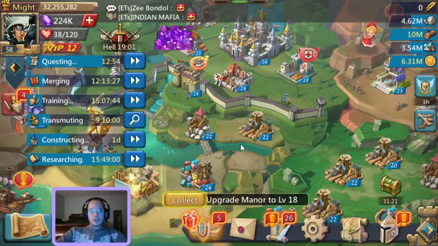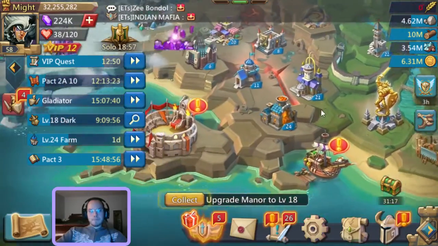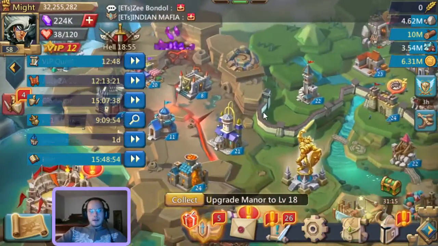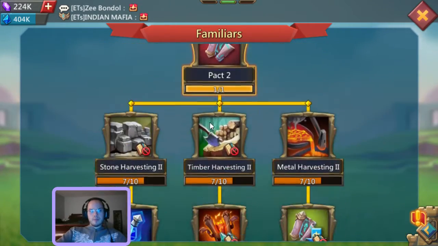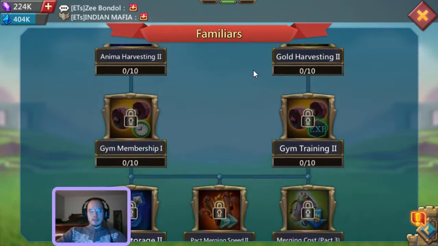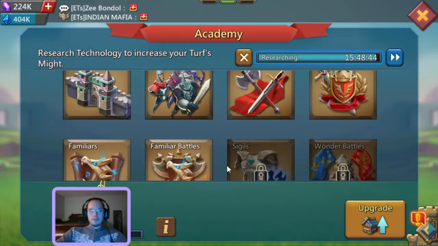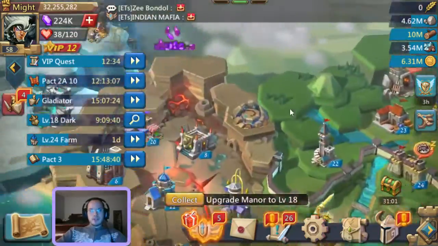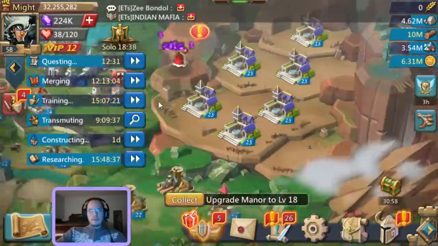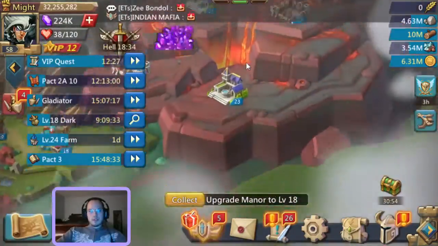We are slowly working it. We have to get a few more buildings up. And then our next thing that we're working on, we're just slowly doing our familiars. As soon as we get to castle 25, we're actually unlocking our pack 3 so we can get the gemming familiar to give us extra gems. And as soon as we unlock our castle to 25, I am planning to upgrade all of these to 24